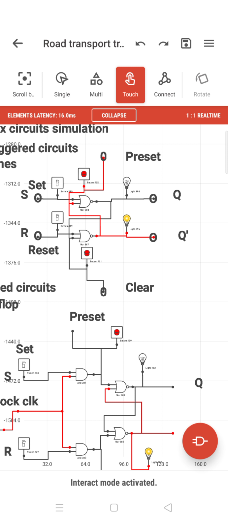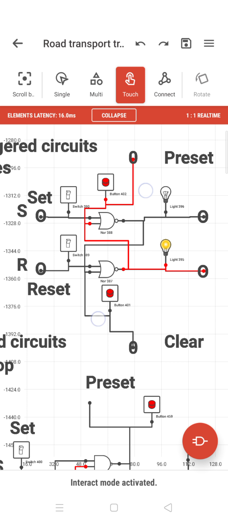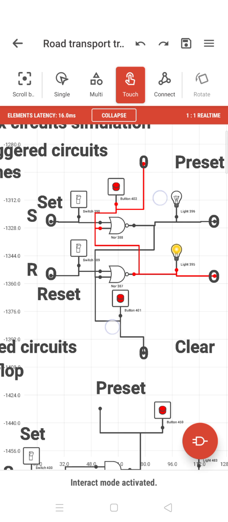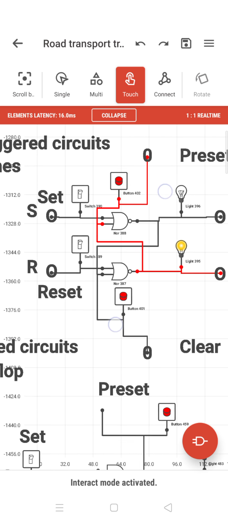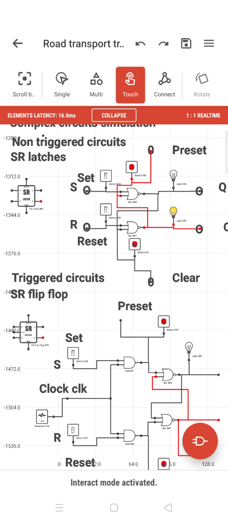A set, reset, preset, then you have a Q dash. The link is given to this side, and the link is given to the other side. It's quite a complex one. When an input is fed back on to itself, this is called a feedback thing. This kind of feedback linking is a complex circuit, so they come under the complex classification.